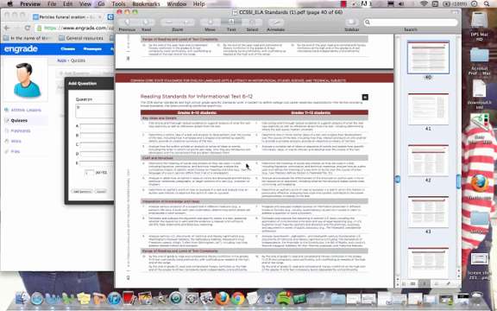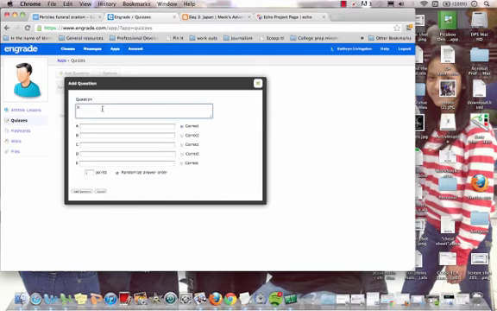So I'm going to come over here, look at my standards, and figure out which one I want. Type in RI, or reading informational texts 4, and I'll type out my question. What is